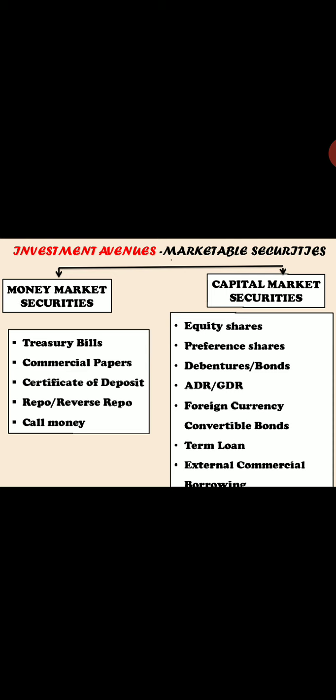The first example of a money market financial instrument is Treasury Bills. Now, what do Treasury Bills talk about? Treasury bills are also called T-bills, where T stands for treasury. Again, treasury bills are money market instruments, and they are issued by the government of India.